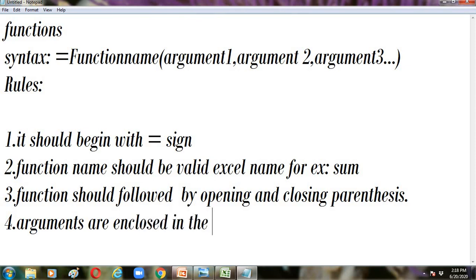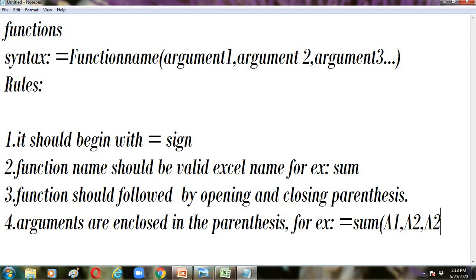For example, now we will write one basic formula: equals to sign, the SUM function, open the bracket, and now specify the arguments A1, comma, A2, comma, A3.